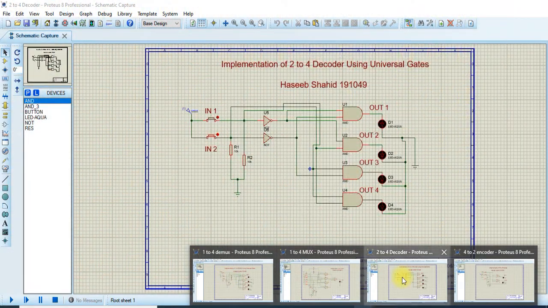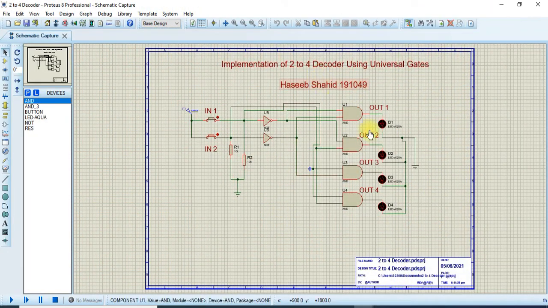First of all, we will see the circuit of a 2 to 4 decoder. As you can see, we have two input signals, input 1 and input 2, and these are the 4 output signals. I am going to use 4 LED lights in order to represent the output. You can also use logic toggles and logic probes instead of this kind of configuration. I am using this configuration for the reason that when you practically implement the circuit, you have to do it with the help of resistors or by applying voltages.